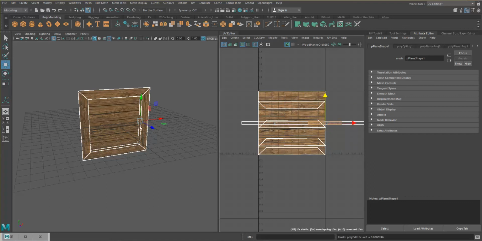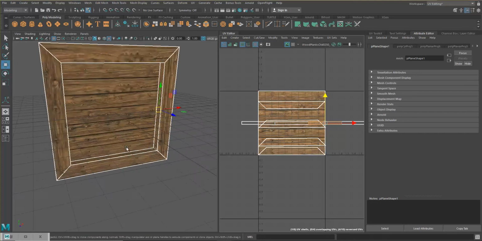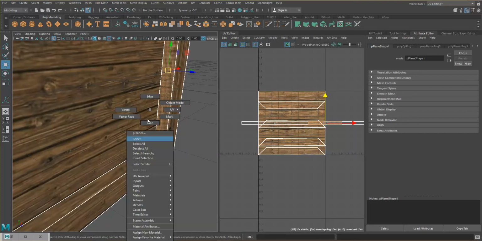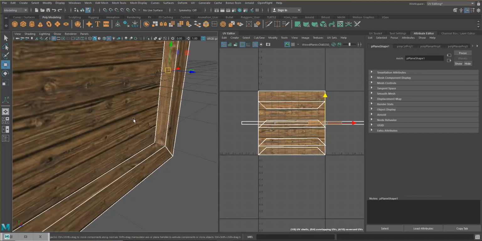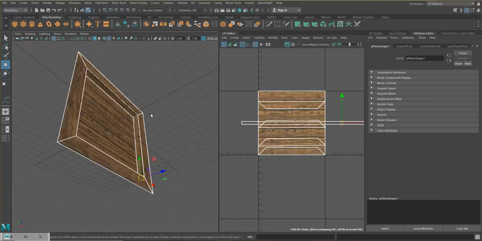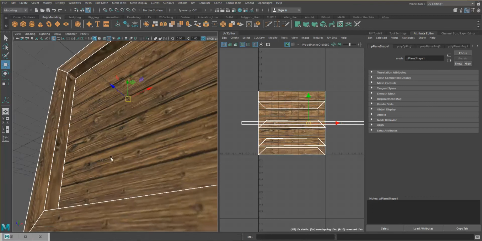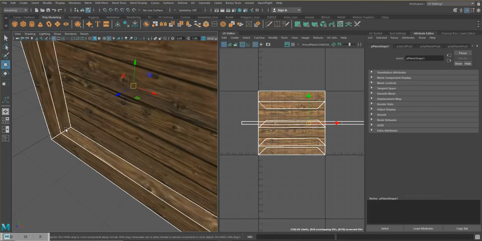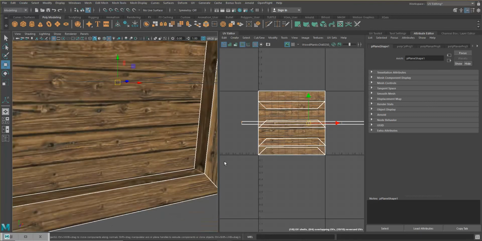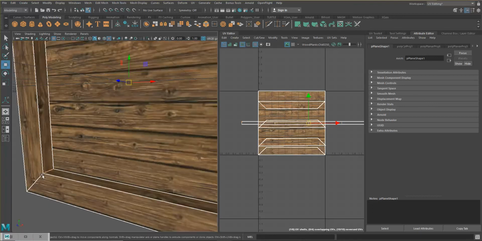So what we're going to do is actually cut these up. I'm going to go back to edge mode by holding down the right mouse button and going to edge. Then I'm going to select the edges over here, and that one's already been done, I think. Yeah, because that's this end here, so actually we can unselect that by holding Shift and selecting it. And then we'll go to